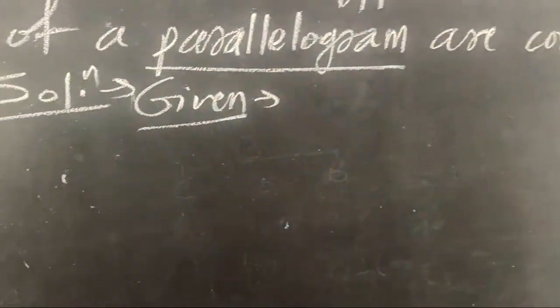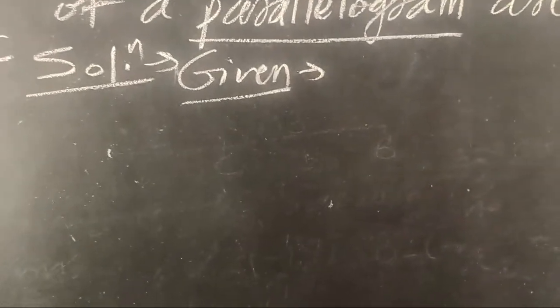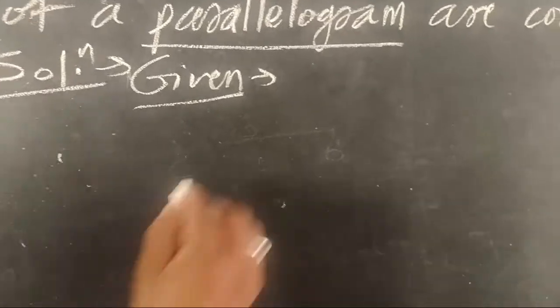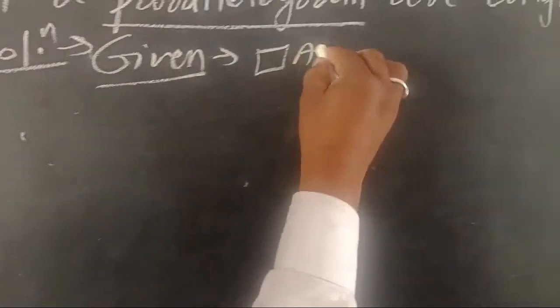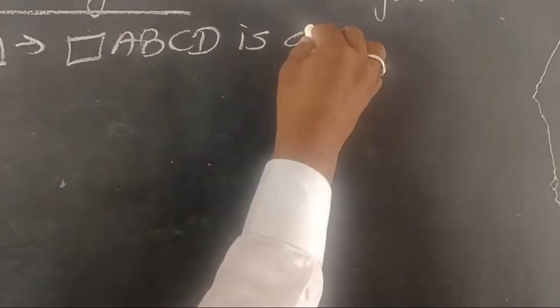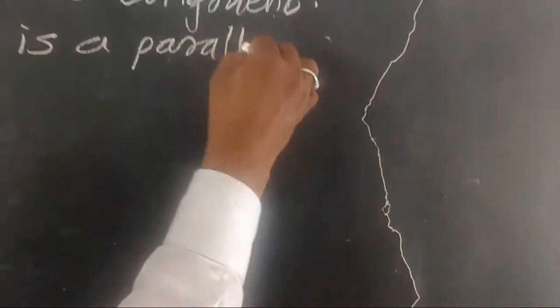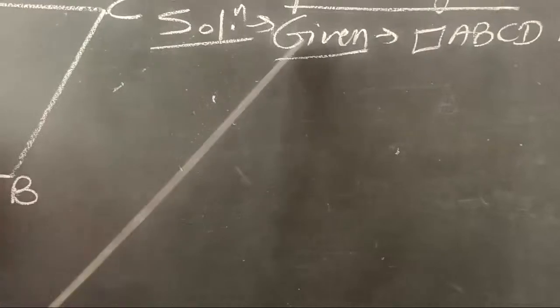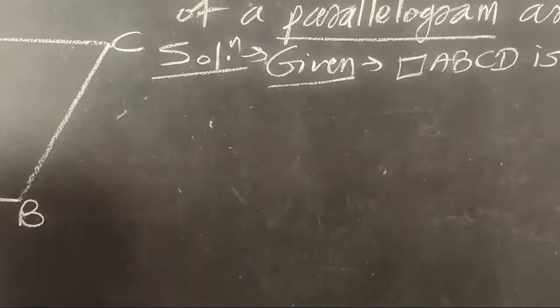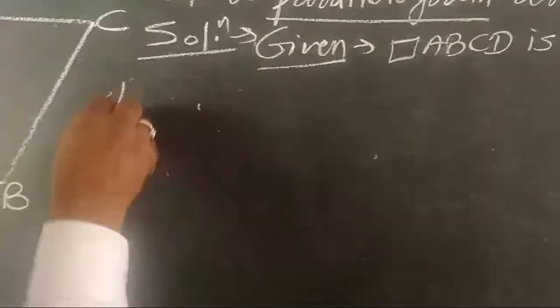The word parallelogram is important, and that word we write in the given. Quadrilateral, the name of the quadrilateral is ABCD. Quadrilateral ABCD is a parallelogram. First part given, second part is good. To prove,